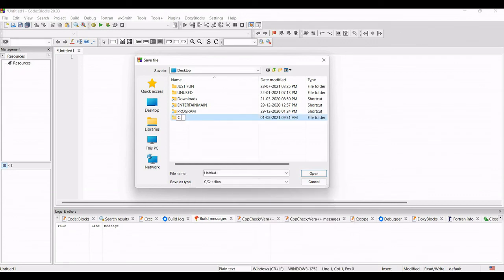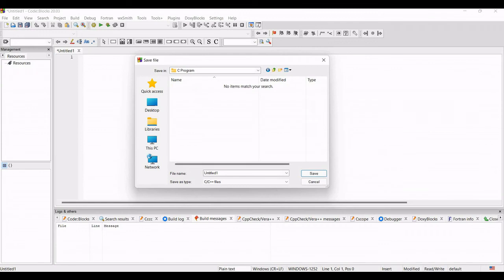Here on the desktop I will create one folder, C program, and then open it and give one name. Suppose this is our first print program. So I will give the name first program, and after giving the name we have to give one extension. Like if we want to write anything in a text file, at that time we have to give the .txt extension. Here we are writing a C program, so for that reason we have to give the .c extension. The .c extension means that it is a C file, and after giving this .c extension I will just save it.